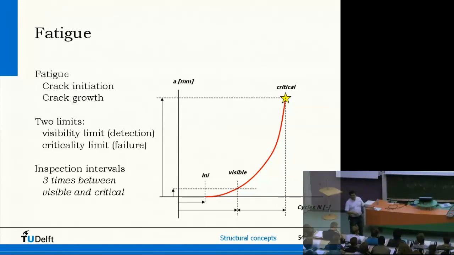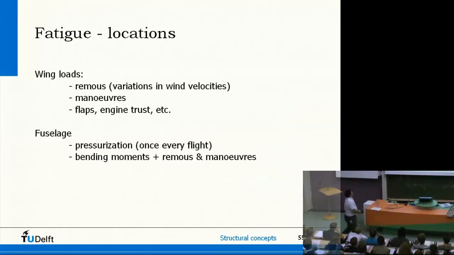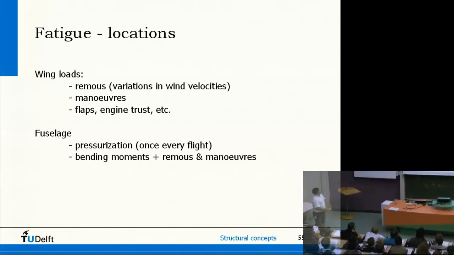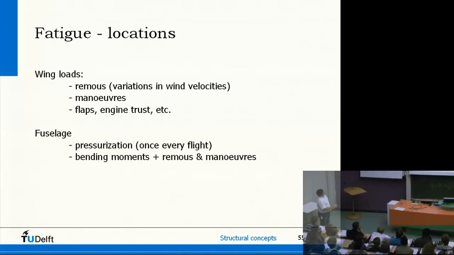Usually we divide such a period up in 3 or 4 periods, and every period we do an inspection. So what I told about the heavy maintenance, the D-checks, that every 3 to 5 years an aircraft is taken apart more or less and inspected thoroughly, is based on schemes like this. So that 3 years or 5 years is somewhere related to that period. It has to do with damage development. Okay, fatigue locations: the wings, the fuselage, well, I already told you, pressurization, and in the wings, all kinds of maneuvers, and so on.